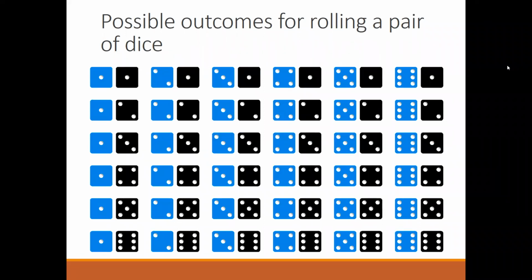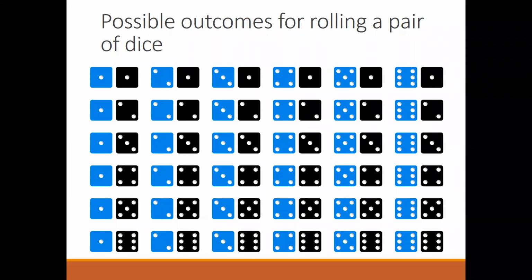Now let us see a pair of dice. So this is my combination here, you can see. If you represent this in a picture format, it looks very good. So we have all the types of combinations starting from 1, 1, and the last one is 6, 6. And the total, as I told you, total outcomes are 36.